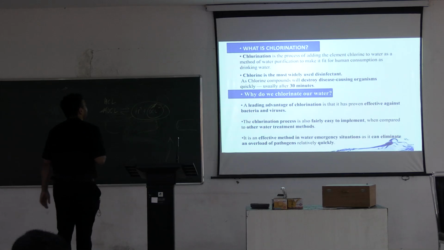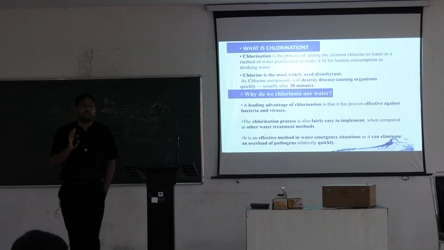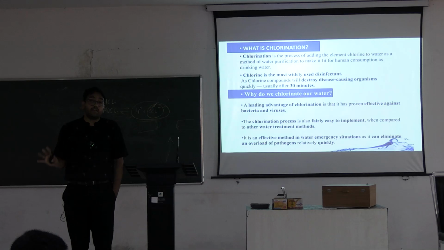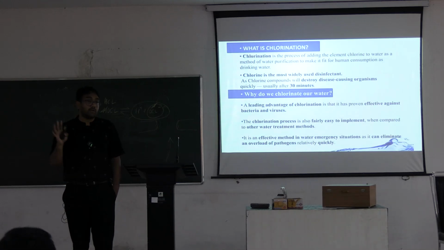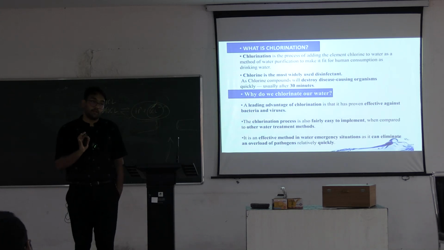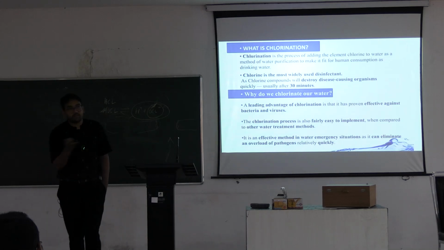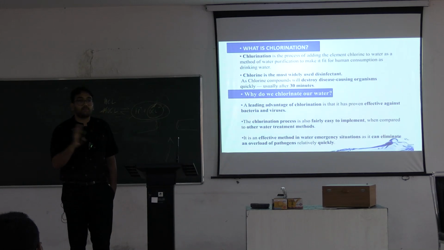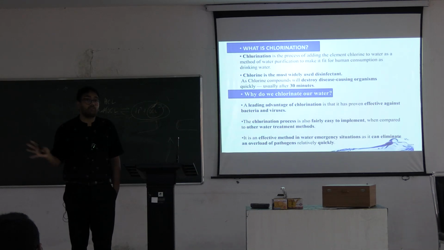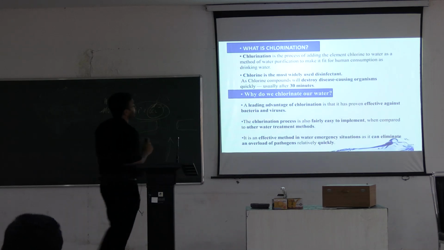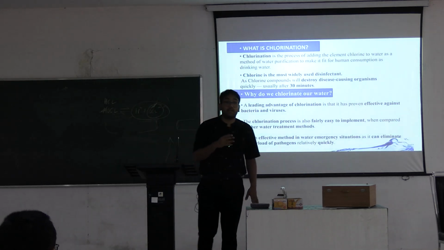Why do we chlorinate? A leading advantage is that it is effective against bacteria and viruses. But remember, for chlorine to be effective against viruses, we need a lot of free chlorine, and that amount of free chlorine we usually do not keep. So it is very effective against bacteria, but its effectivity against viruses is a little bit questionable. The chlorination process is also fairly easy to implement. As you just heard, this can be done by anyone. You do not need any expertise or a lot of hi-fi equipment to do this, right. And lastly, it is an effective method in water emergency situations as it can eliminate the load of pathogens